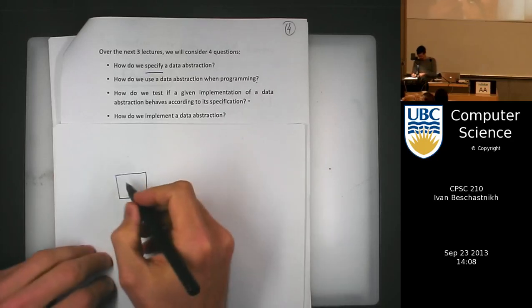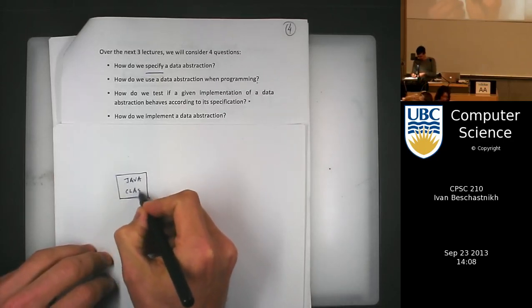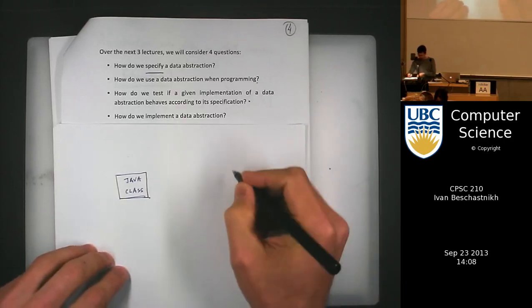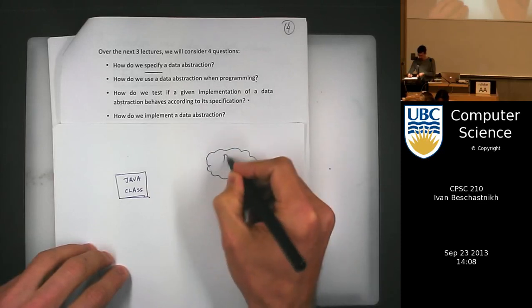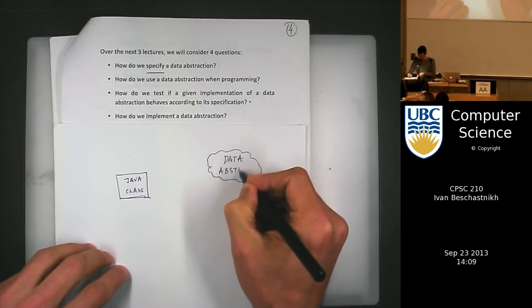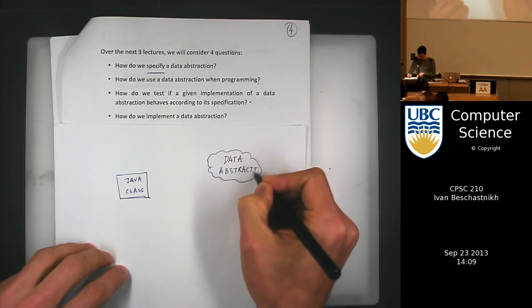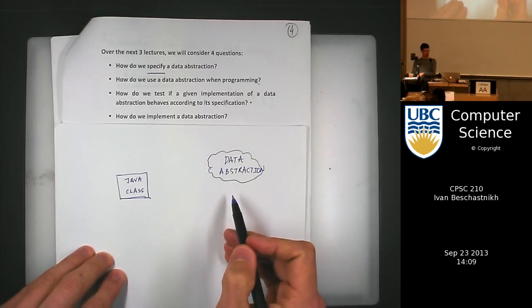So I'll make a box for Java class, and I have some notion in a cloud of a data abstraction. And so we can relate a Java class to a data abstraction,